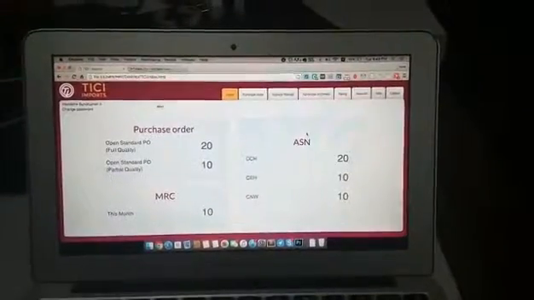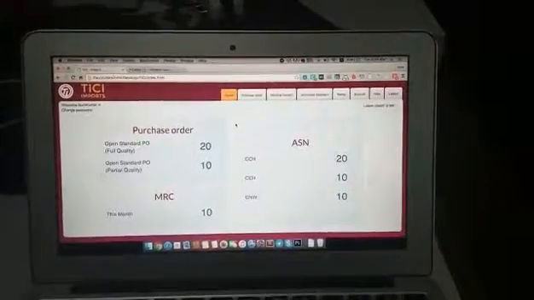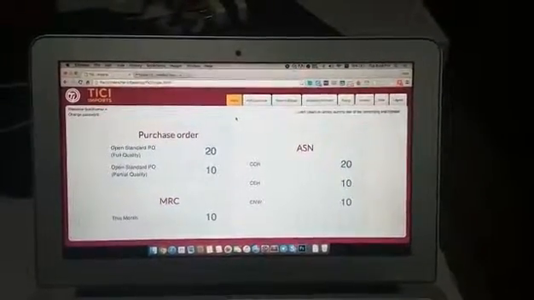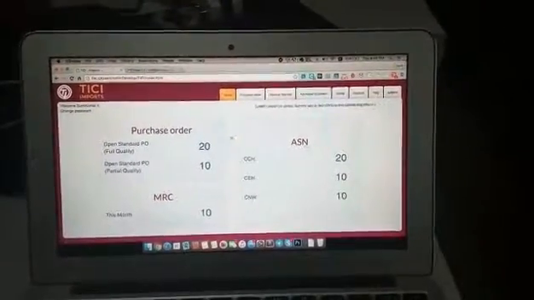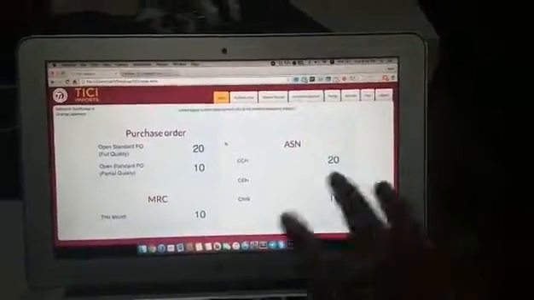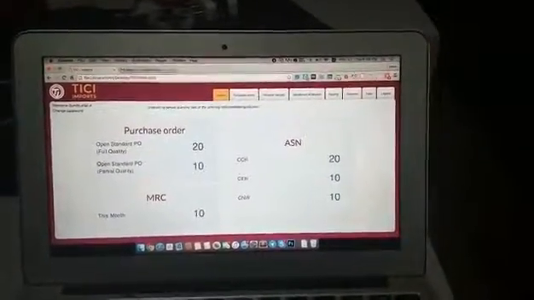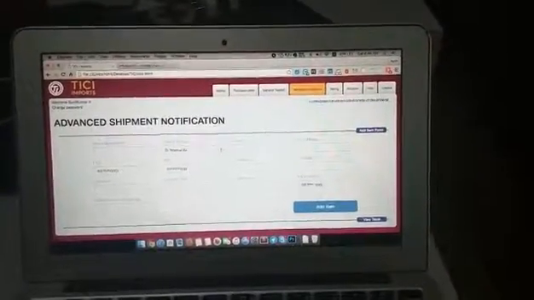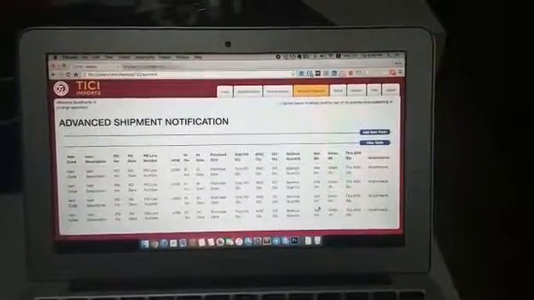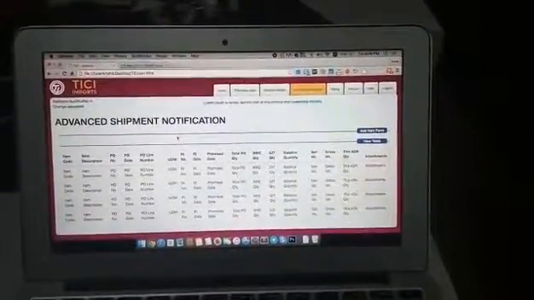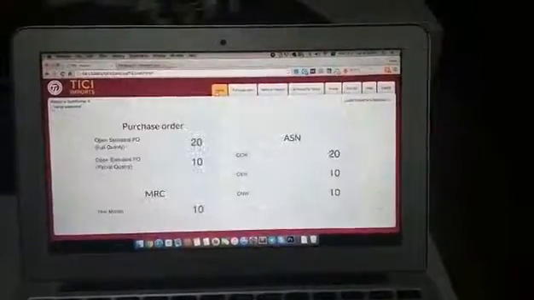I'd like to explain why we have designed the way we have done. So the first point would be we have made sure that the web application is not scrollable. So every information you see will be within the first screen, may it be the home page or the advanced shipment page. So you fill up the form, you click on add item, it goes to the table, and this also we made sure that it is not scrollable.